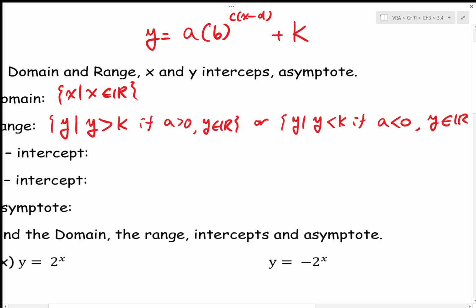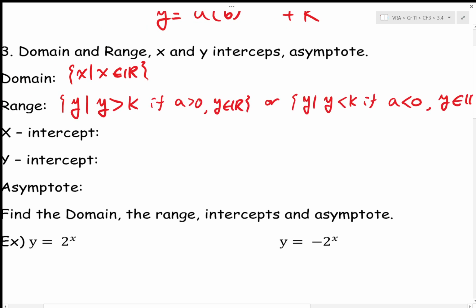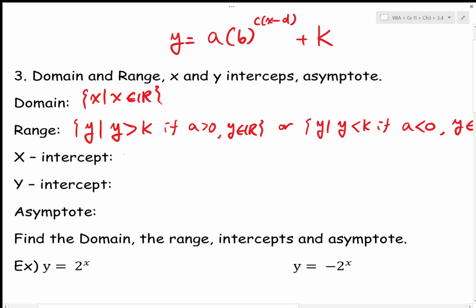The reason is that k is actually the equation of the asymptote, where the function becomes very flat but never touches. If a is greater than 0, the graph looks like that, and it never goes below that, so your y value is always greater than that. Whereas if a is less than 0, the graph goes the other way, reflected. So this is the k value that it never crosses. Now the x-intercept does not exist